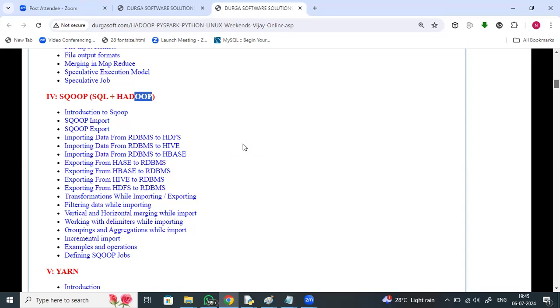And also exporting the processed results back to the databases is done by a component called Sqoop.